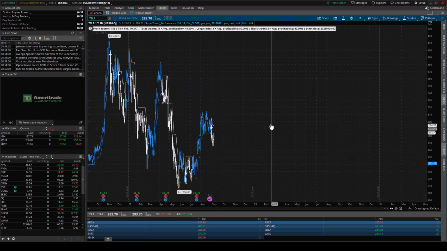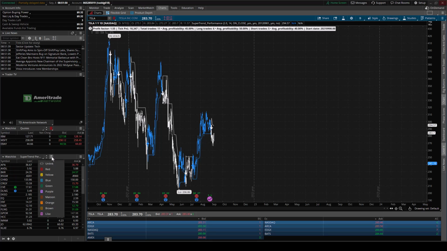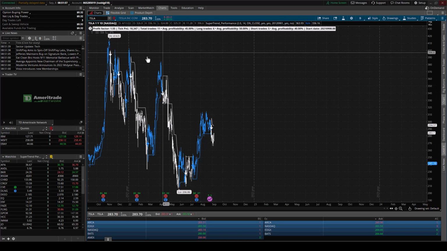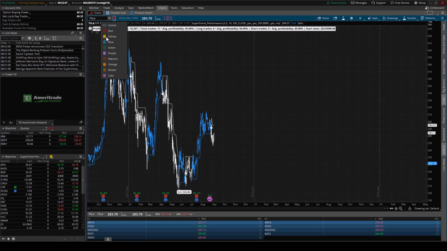And now what we can do is to symbol link our watch list with our chart. This is really handy because whenever we then click on a symbol in the watch list, the chart will load accordingly. So what we can do is to go to this little link icon here, which is called symbol link, and pick a color. Let's say yellow. Okay, now all we need to do is to match the symbol link color of the chart with our watch list color. So we're going to go up here, and right next to the symbol name, we again have a little symbol link drop down. We select it and we select the color